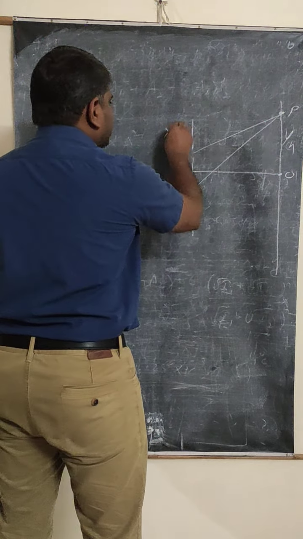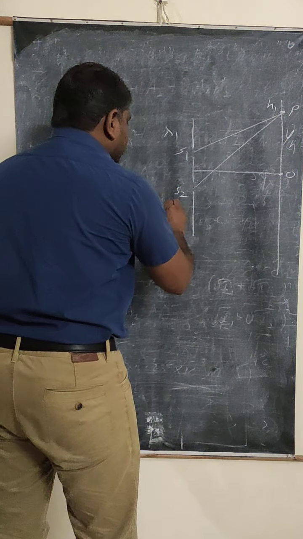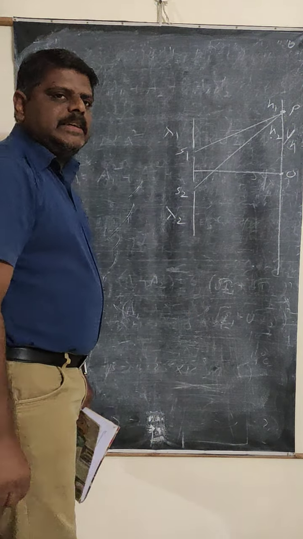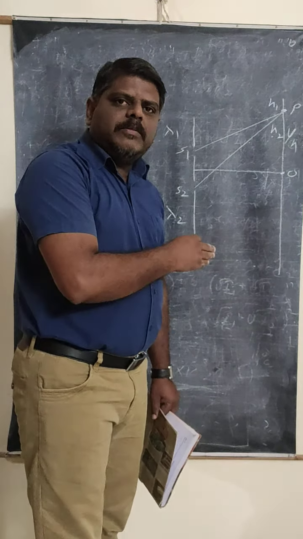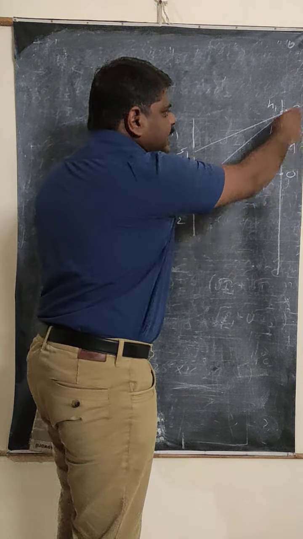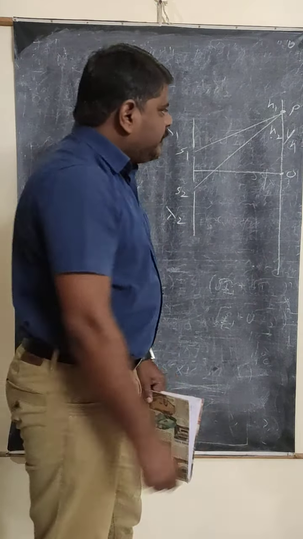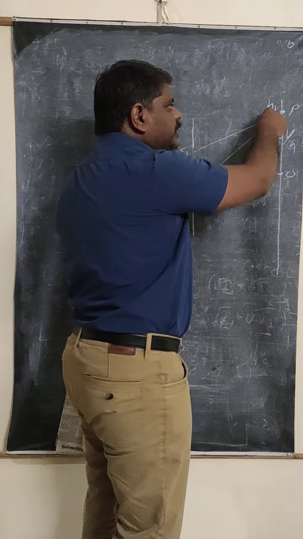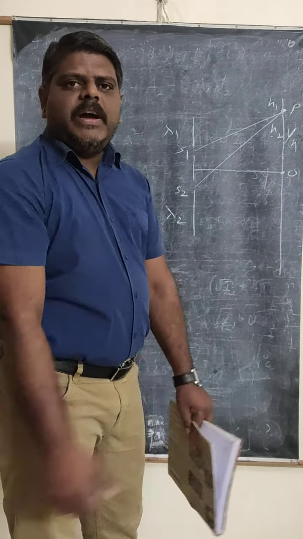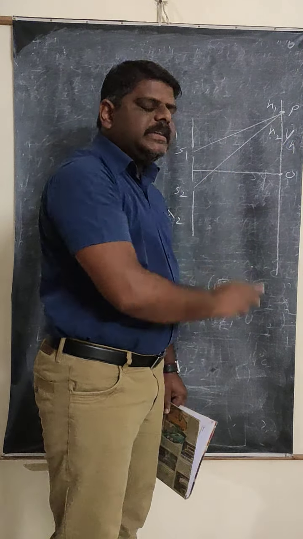When you use lambda 1, the n1 bright band is produced at the same point P. When you use lambda 2, the n2 bright band is produced at the same point. That means the n1 bright band and the n2 bright band are both produced at the same point. This distance does not change; it remains the same. So to find the distance, you can use either the n1 band or the n2 band. But before that, first we have to find what the n1 value and the n2 value are.